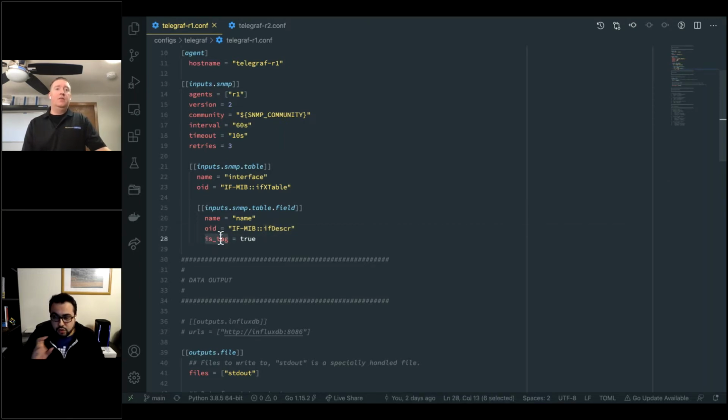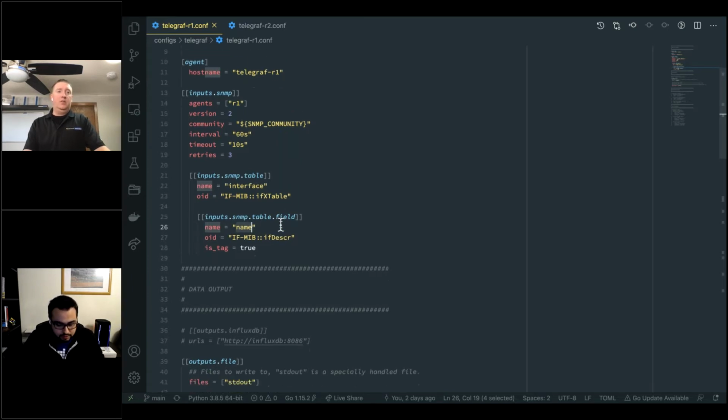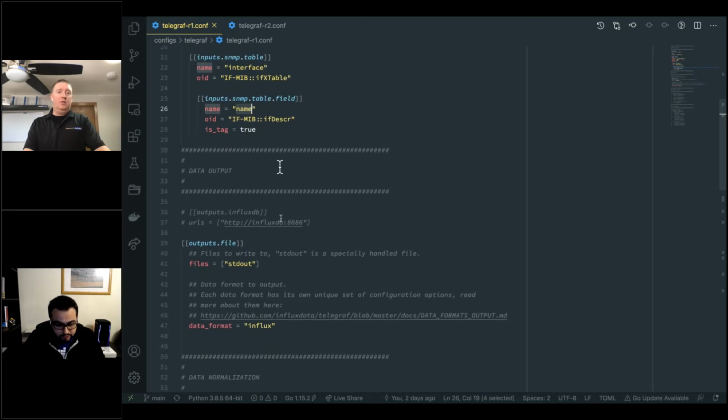So instead of putting that into a field that I'm going to use as an endpoint for values, what I want to do here is to change this into a tag and rename it to basically name. So whenever we're looking at that specific metric, we're going to see that the if description field is now named name. Okay, so actually here I'm doing a little bit of data normalization. Okay, now the data output